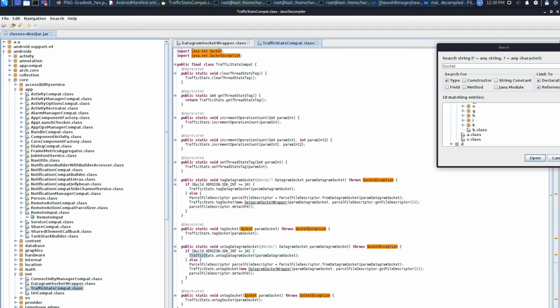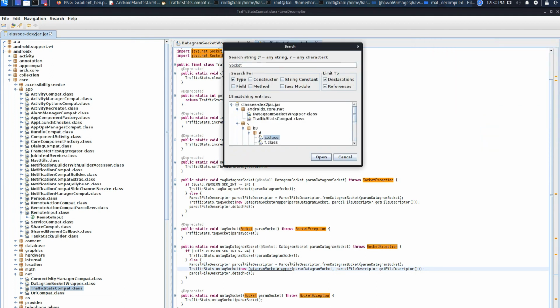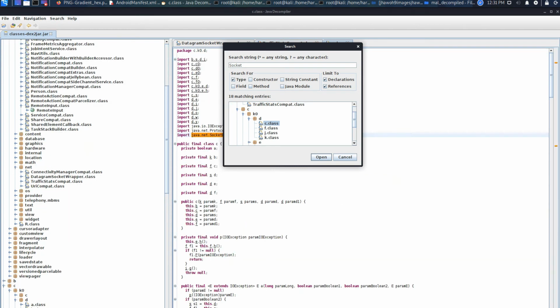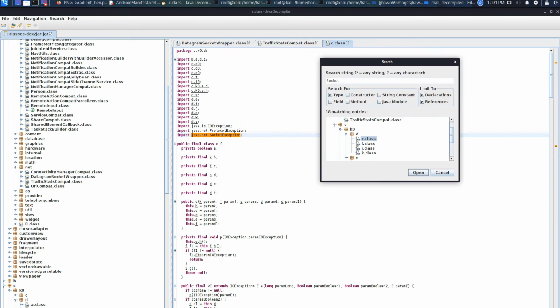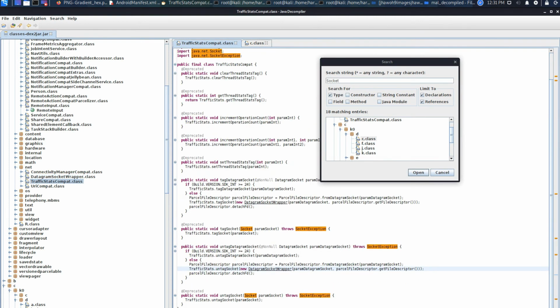He's also observing the traffic statistics, sorry, and he is passing to a new datagram wrapper. Inside this there is nothing much of interest. Let's see another. Here we can observe he is using code of application, right? That's the reason we are following this search tree, because we don't know what C and D will be doing. If you manually enter and search sockets for each and every file, it will be difficult. That's the reason we are using this.